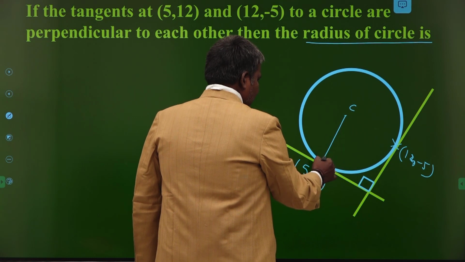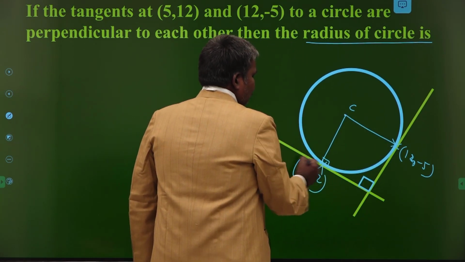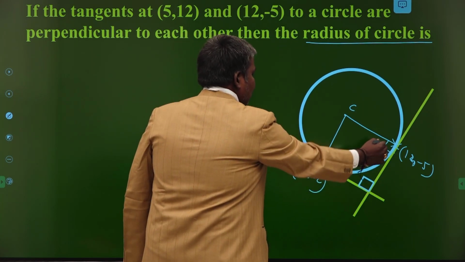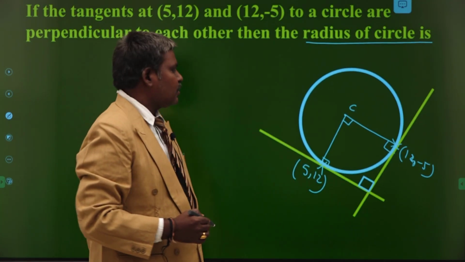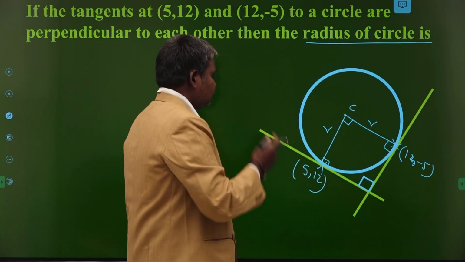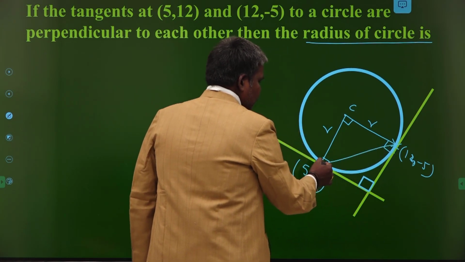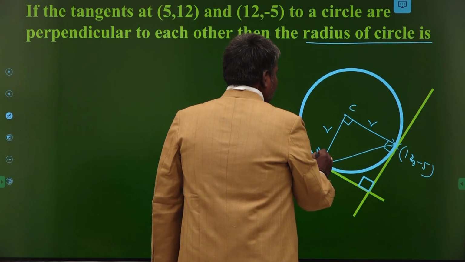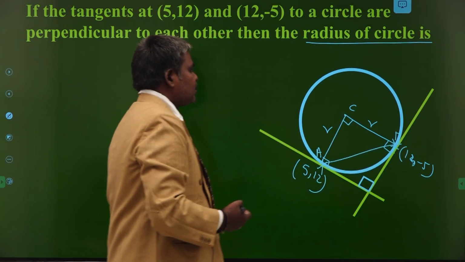Now, just join like this. What is the angle here? 90 degrees. Here also, 90 degrees. So 90, 90, 90, again this becomes also 90 degrees. Am I correct or not? So these are the radii of the circle, both are the same. You just join these 2 points. Is it a right angle triangle or not now? This is a right angle triangle. ABC is a right angle triangle, right angled at C.